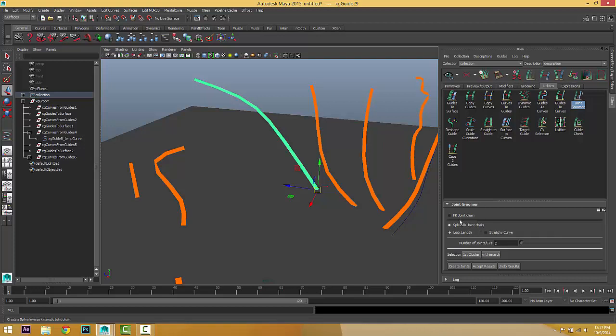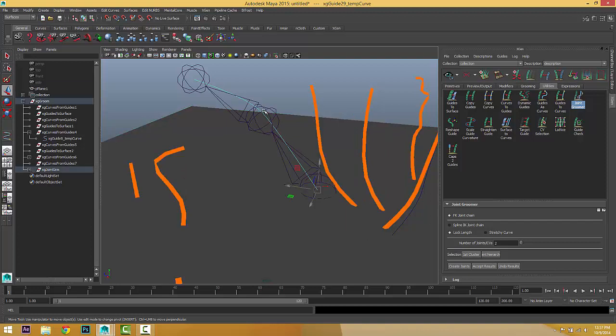Let me show you an example. If we choose FK and choose create joints, we get something like that. If we select the joints, we have to go to rotate, and we should rotate this joint to shape the guide.